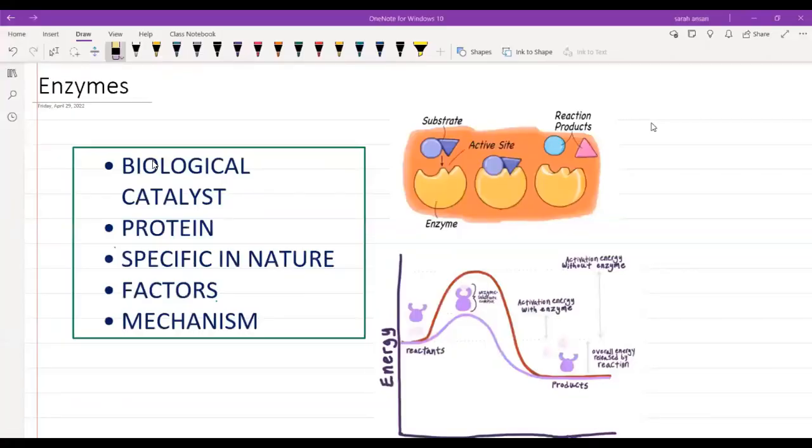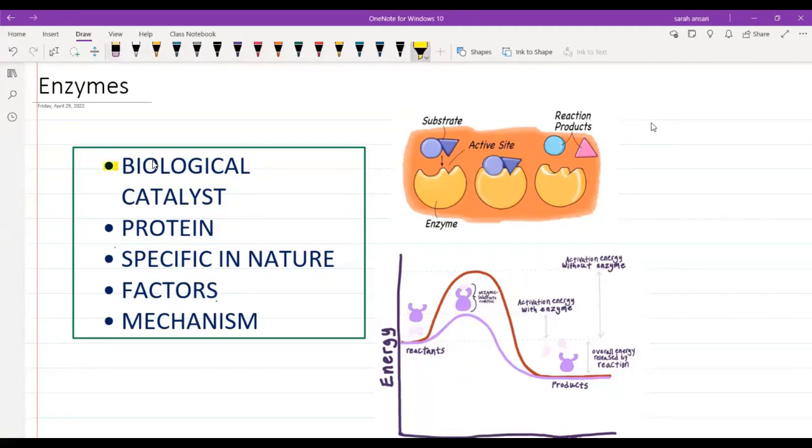The topic that we will be talking about is enzymes. Now, enzymes is a topic that is common between both your GCSE and your A level. When we are discussing the topic of enzymes, we are basically talking about three different subtopics. Initially, in this particular video, we will be talking about the properties of enzymes, and those properties are going